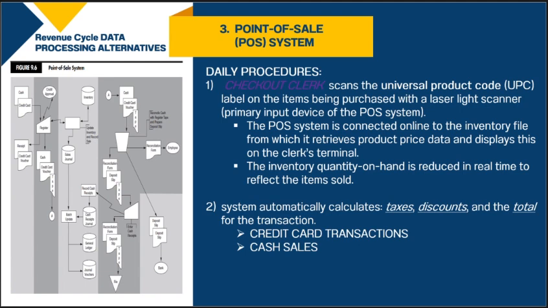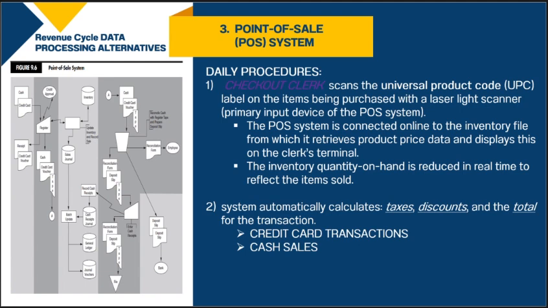So I think the best example of this is like sa Gaisano, sa SM, makikita naman natin di ba sa cashier doon, yung merong mga devices na parang may laser and then nag-scan sila ng yung mga barcode. Parang ganito din yun. Now, in this case, the POS system is connected online to the inventory file,